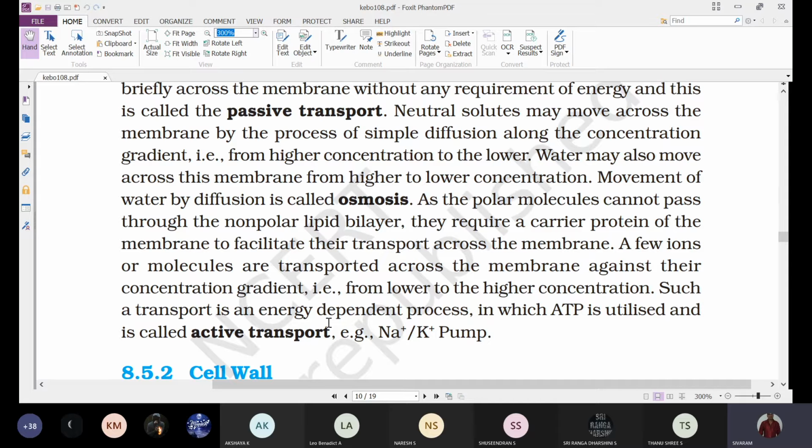Along the concentration gradient, that is diffusion, and there is no need to spend any energy, because automatically the molecules will move from higher to lower concentration by diffusion. But if a molecule has to be transported from lower concentration to higher concentration, for example,